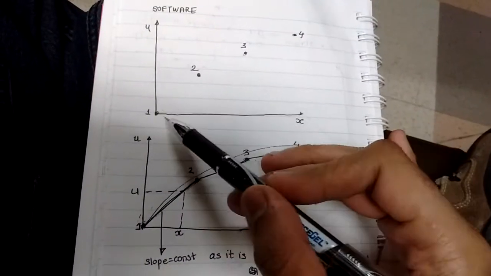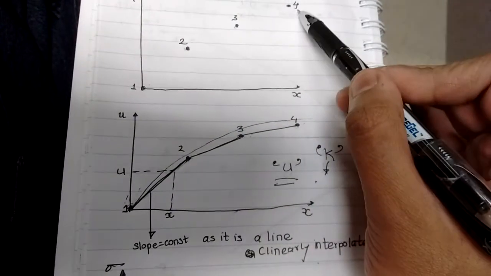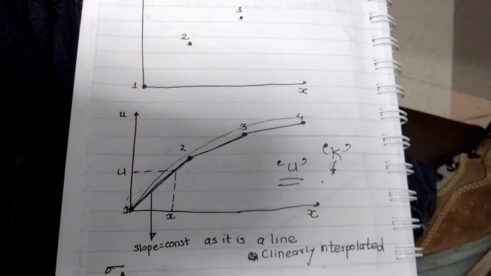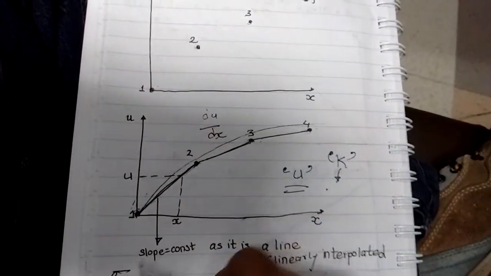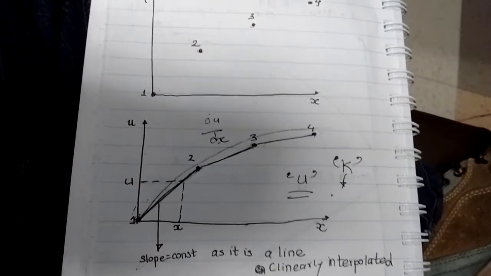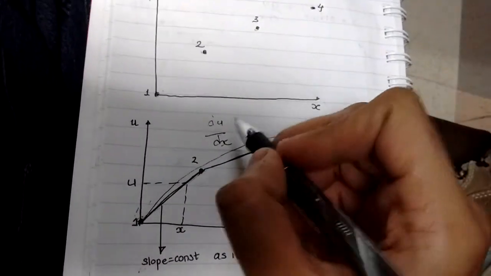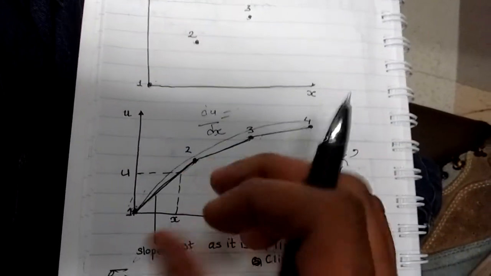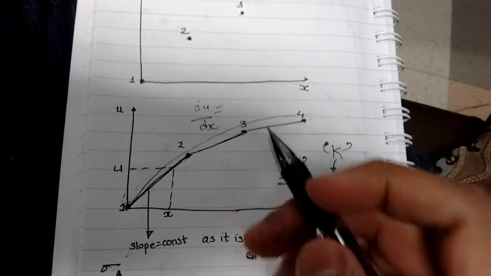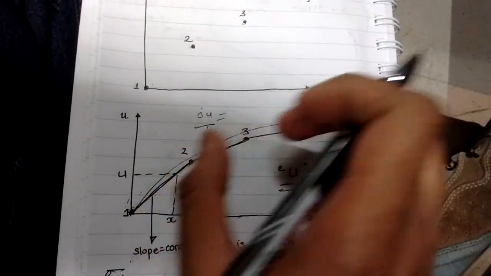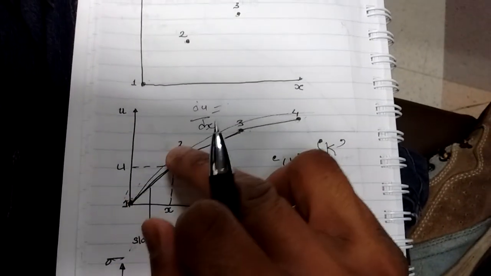As we saw, FEM only calculated the values at the nodal points and just interpolated. Now if you try to find du by dx for this graph below, you will see there are three pieces of lines, and as we know, the slope of a line is constant. So there are three slopes, 1, 2 and 3. So the stress in each of these lines would be constant, like the stress throughout this line is constant.